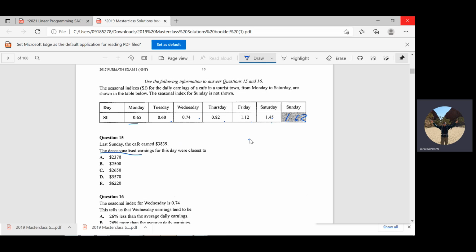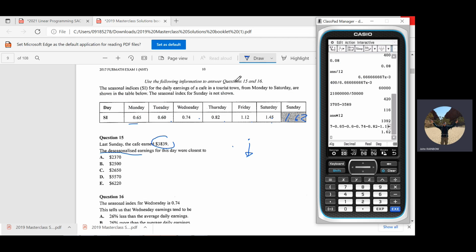The way I think about this is if it's a high one, we've sold a lot on that day, it should come down. So I'm expecting a value to be lower than that, because we want to make this go towards 1. So I'm going to go 3839 divided by 1.62. And to me, that sounds good, because if we've deseasonalized it well, the